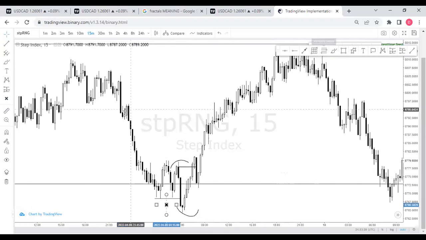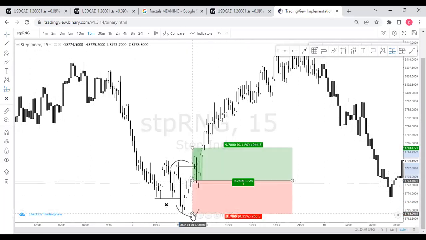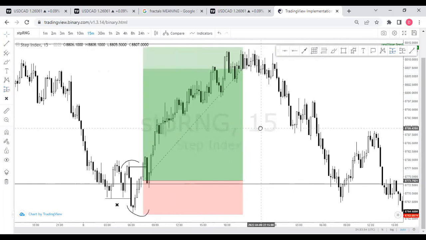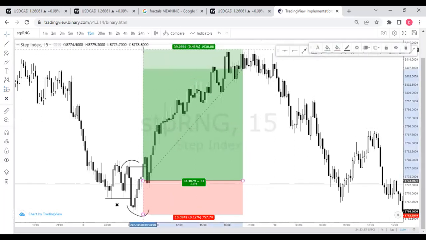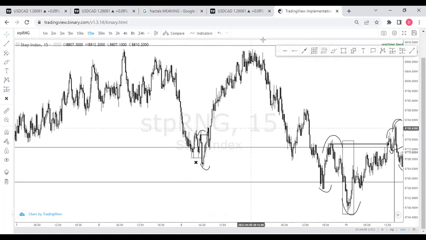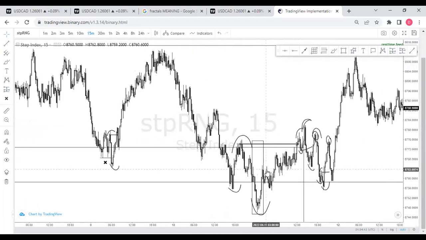And then if you were playing the open of it, let me move this away. So if you were playing the open of this candle, let's just say here, and then your stops was here, this gave you a 1 to 3, right? A 1 to 3, and you were good. If you didn't see that, how else could you have played it? Now, when price gave us that accumulation, look at what price did here again.